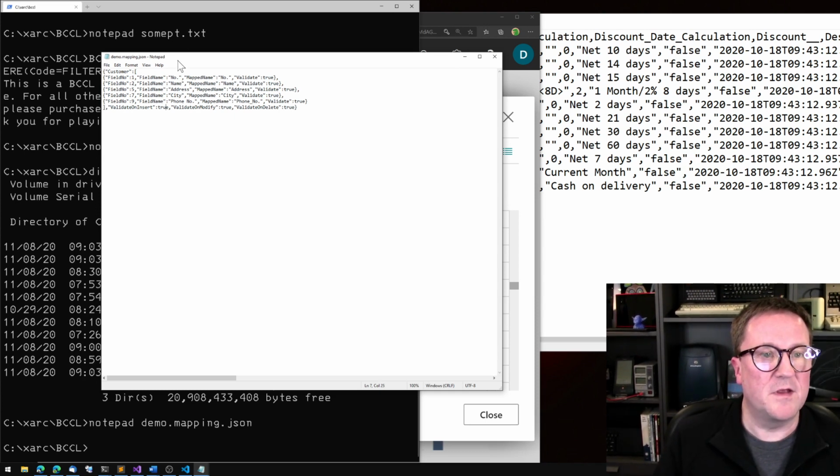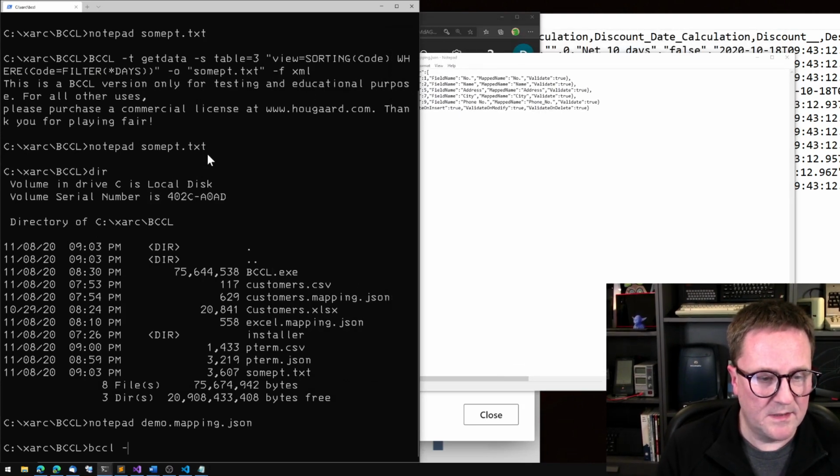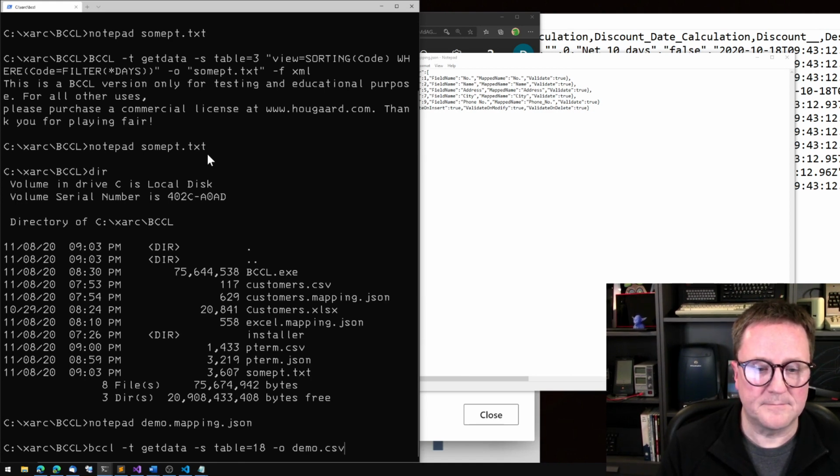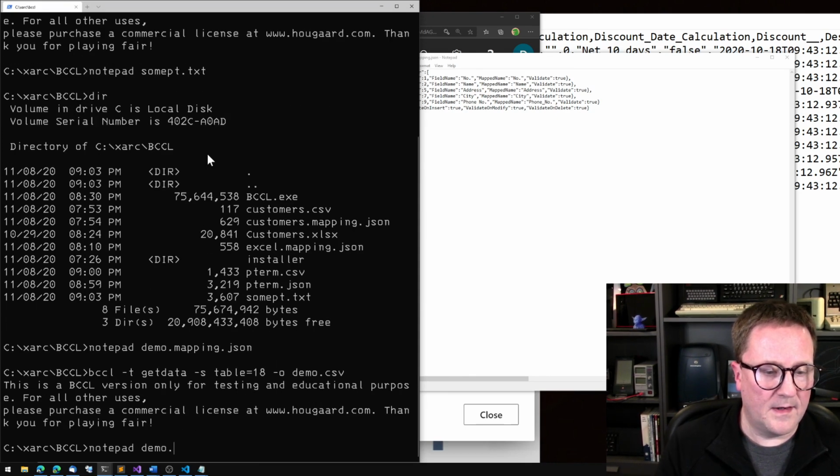So if I save this, and you can see if I do BCCL -t get data and tell that I want table 18 and I want this in demo CSV. Then I get